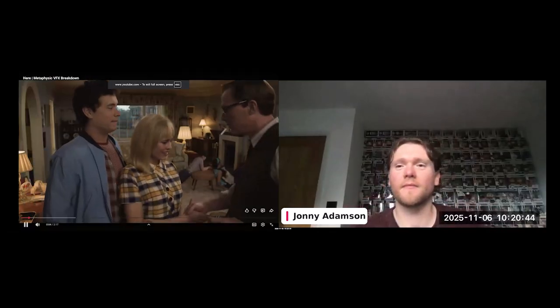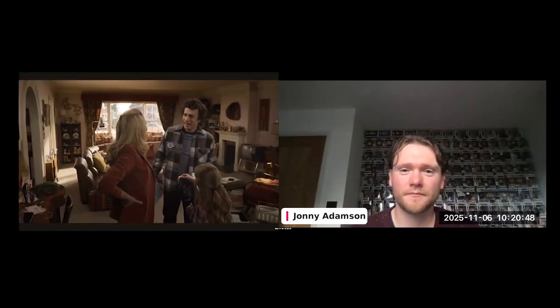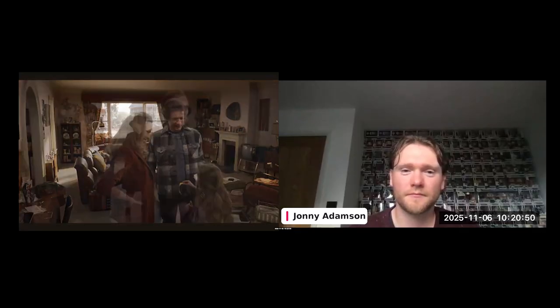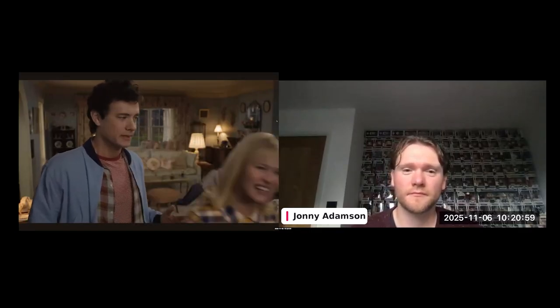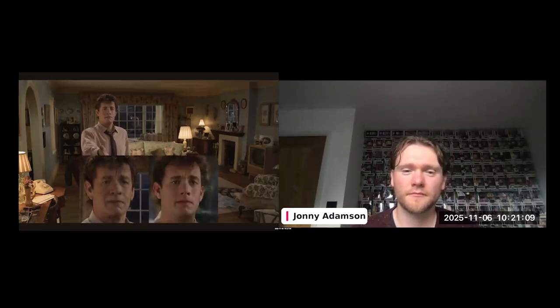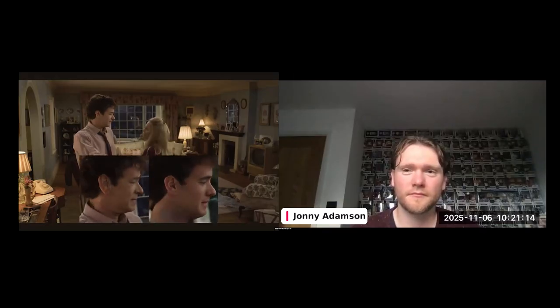In Here, Robert Zemeckis takes audiences on a groundbreaking journey, transforming a single room into the stage for decades of human life. To tell this ambitious story, we had to make iconic actors appear as young as 16 and as old as 90, sustaining their performances seamlessly across over an hour of screen time. Capturing the full emotional depth and authenticity of the actors' performances across such complex and extended scenes was an extraordinary challenge that demanded a new way forward.